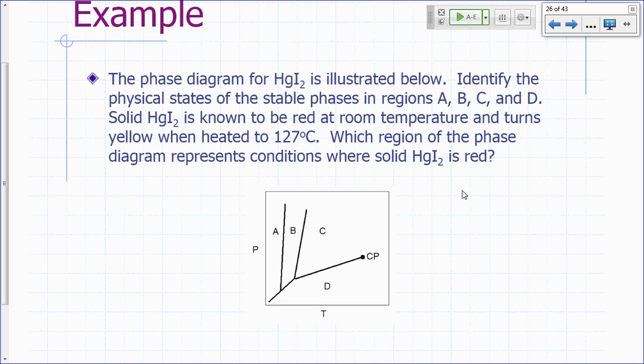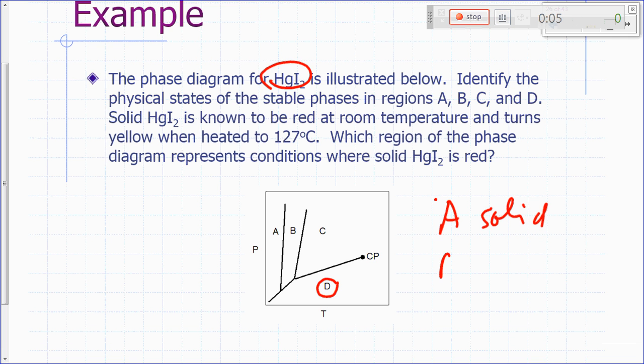So here's an example. This is a phase diagram for mercury iodide, and it looks like this. This is just an illustration, not drawn to scale. What phase is represented by point D? Solid, liquid, or gas? Let's make that a clicker question. Point D is what? A, solid, B, liquid, or C, gas? Point D represents